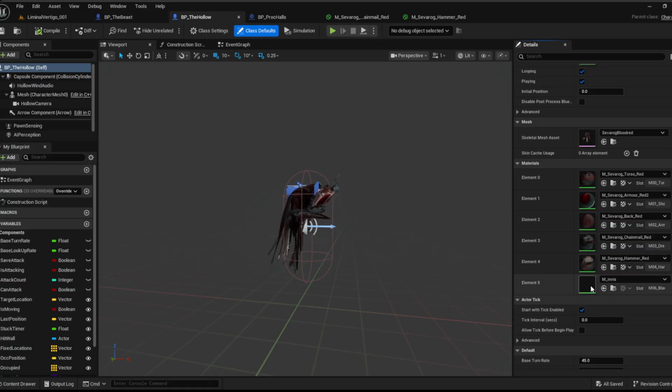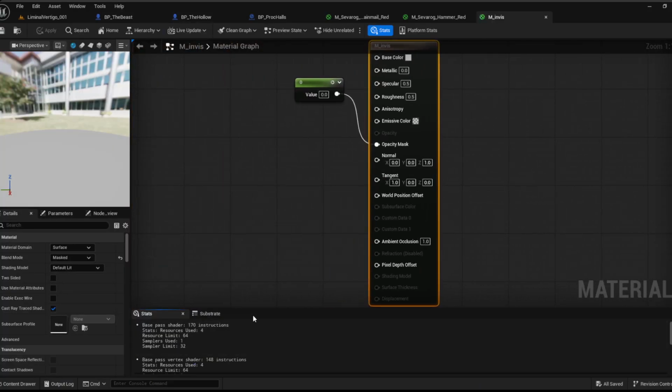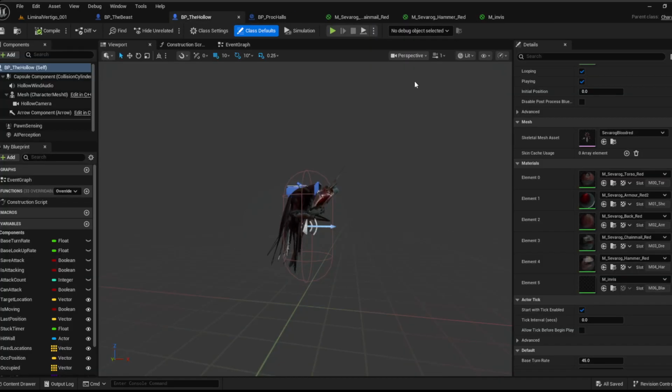And what is Invis? I don't know. Anything wrong with it? Nope. I guess Invis really is Invis. It's 0. Opacity mask is 0. So, whatever that is. Okay. Moving on. Anything else with